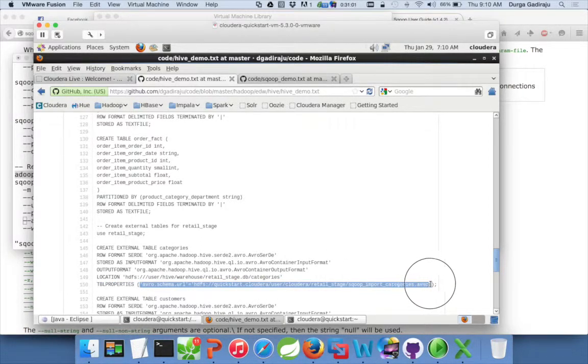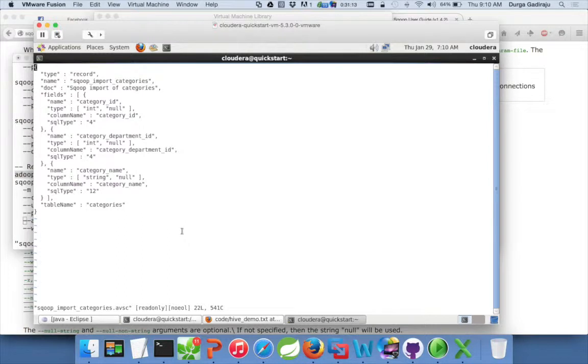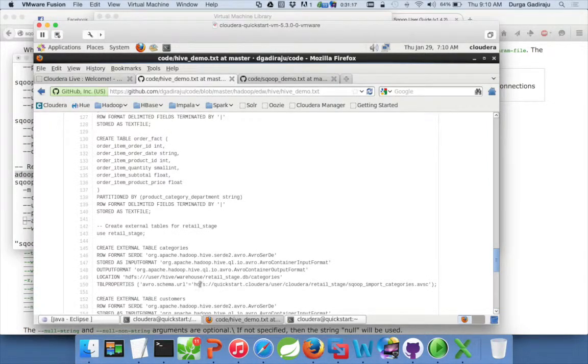This information has to be in HDFS, so you have to copy those files that are generated as part of the Sqoop import command, and then that location has to be given here. We can do that even after creating the table.